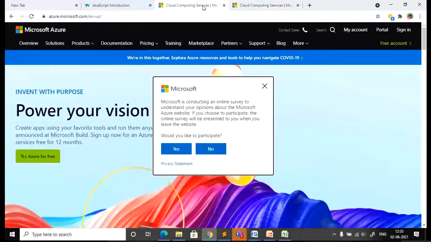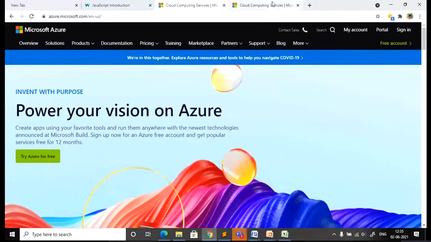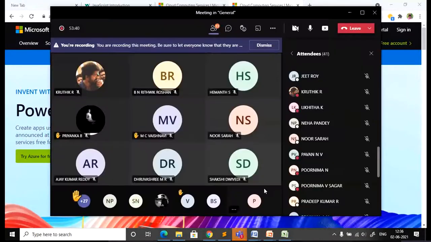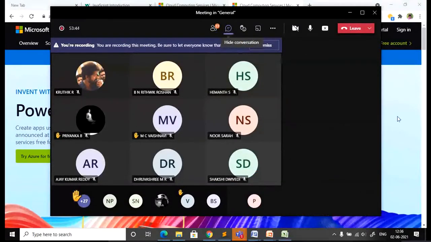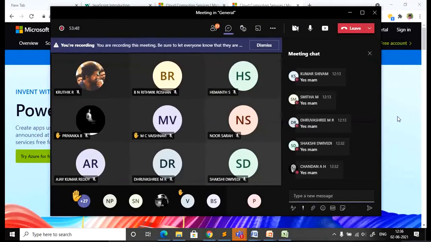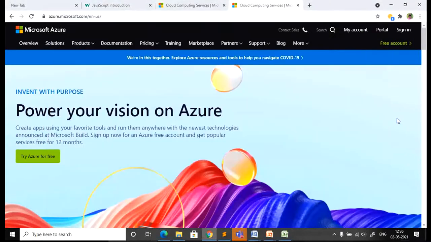Or else, if I compare the first time I requested and the second time, definitely the time taken to load that page is less. Can you tell what may be the reason why the page is loaded faster when I access it a second time? Yes, answer fast. Try to open one particular page. First time it will take more time. Second time, you will be able to open the page immediately. What may be the reason?